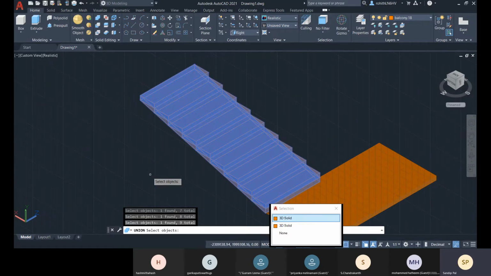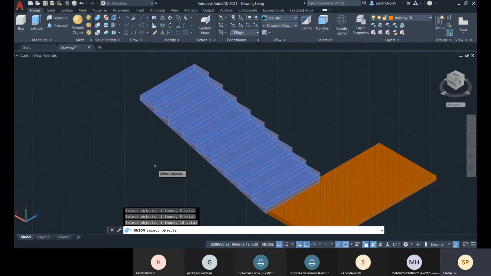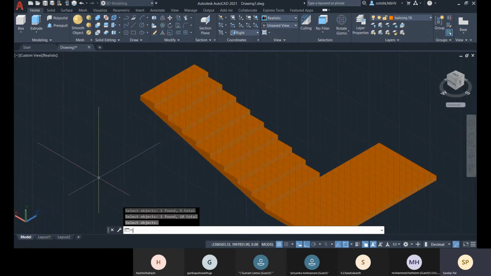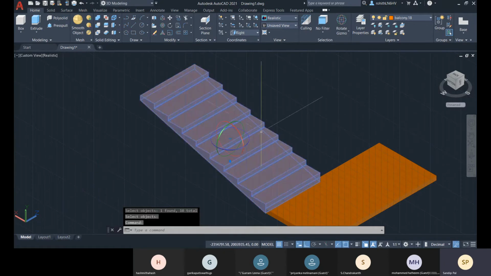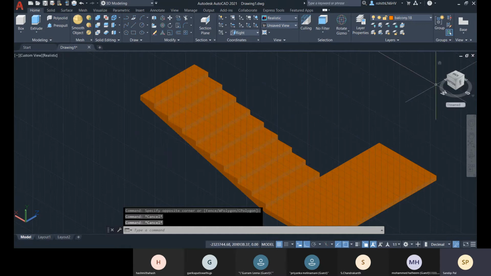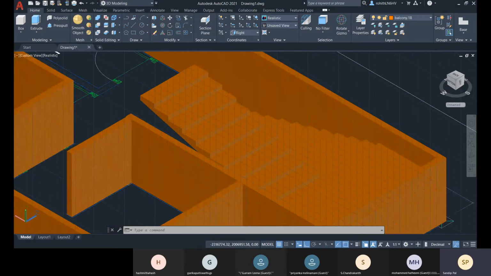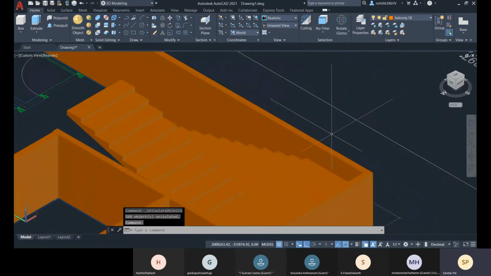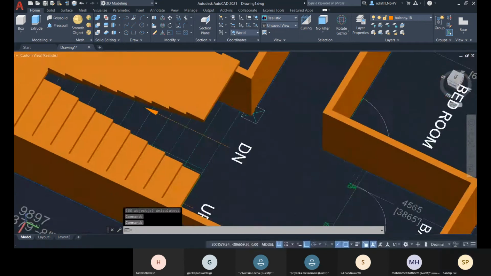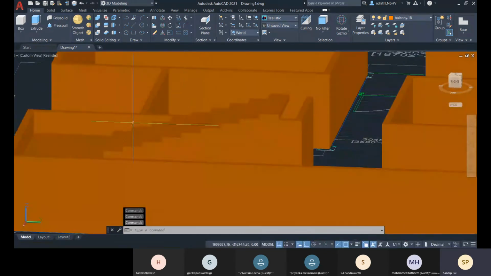All right, you select all of these objects and you press enter, just as simple as that. Okay, and this is a single object right now, you can see. And right click on it, go for isolate and end object isolation. All the objects are back right now, and you make it as world coordinate, and like that you will be creating your stairs. Fine.